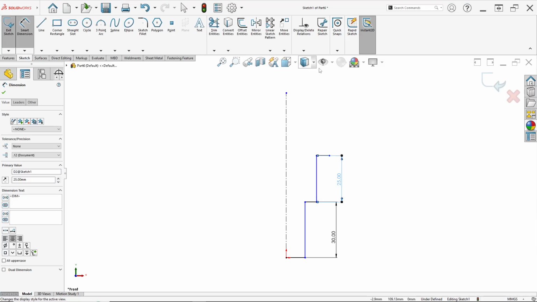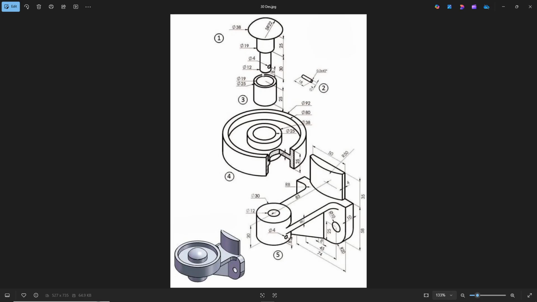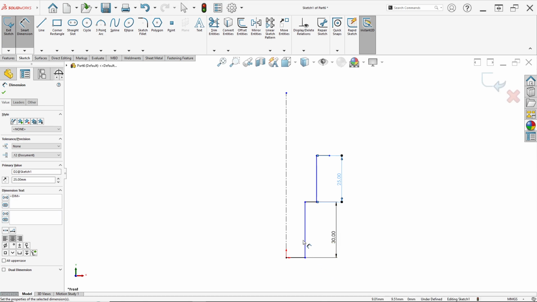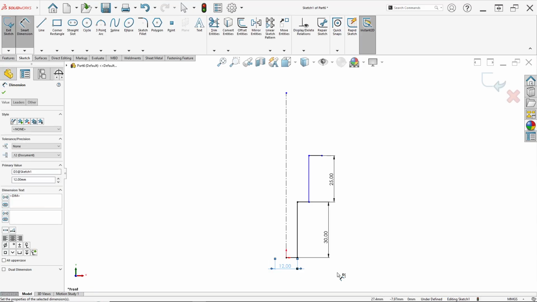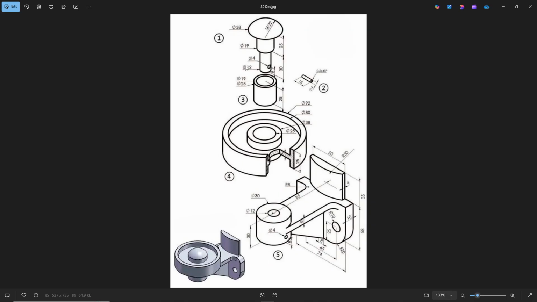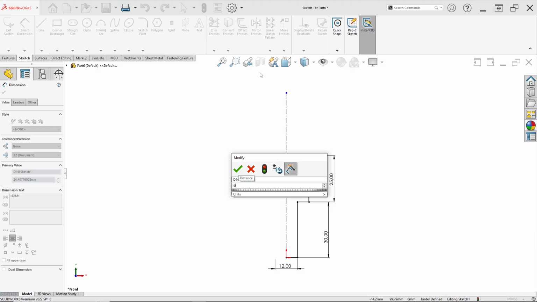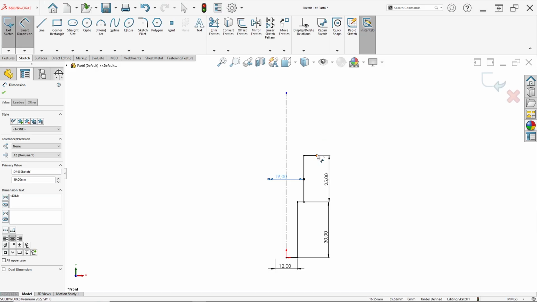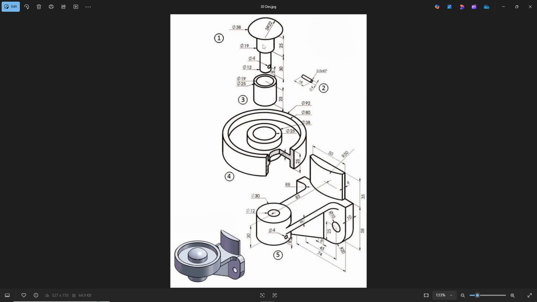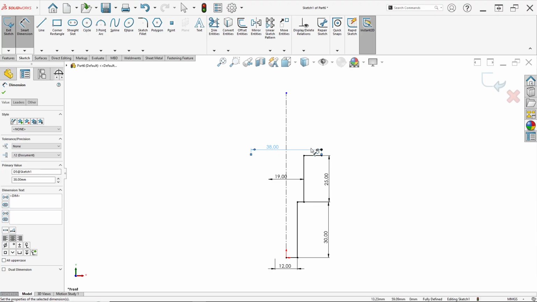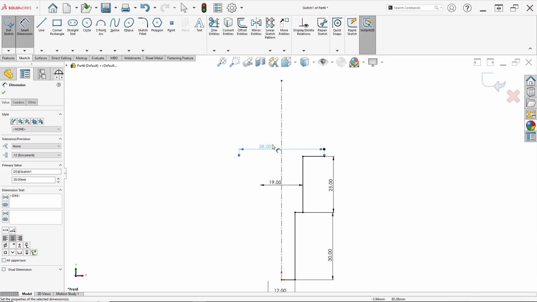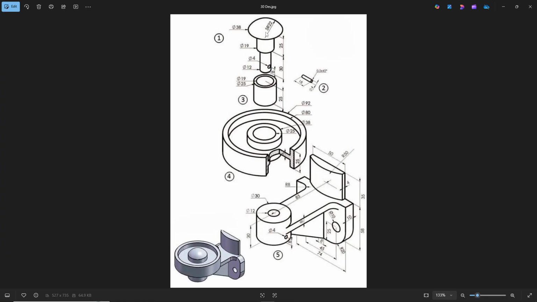25 millimeter. Okay, and we can set for diameter here, have diameter in 12. So this line to this center line, set diameter in 12 millimeter. This line to this center line have diameter in 19, and this point to this center line have diameter in 38 millimeter, like this. So we can make shape like this as our radius 22.